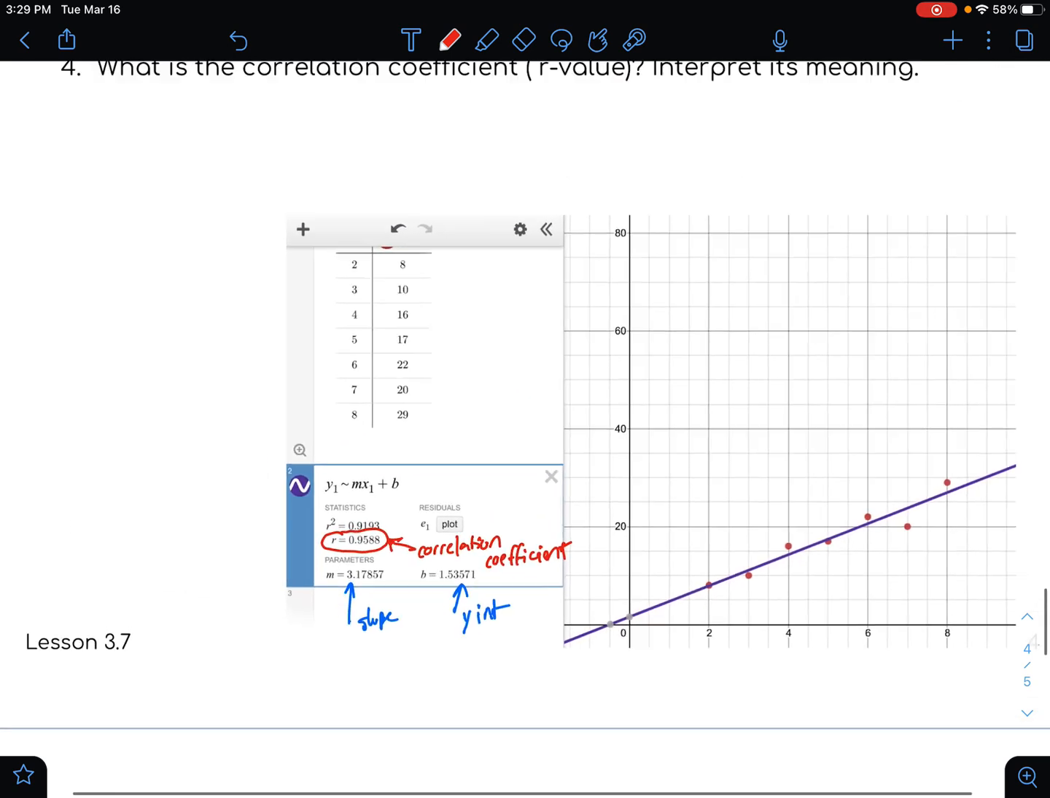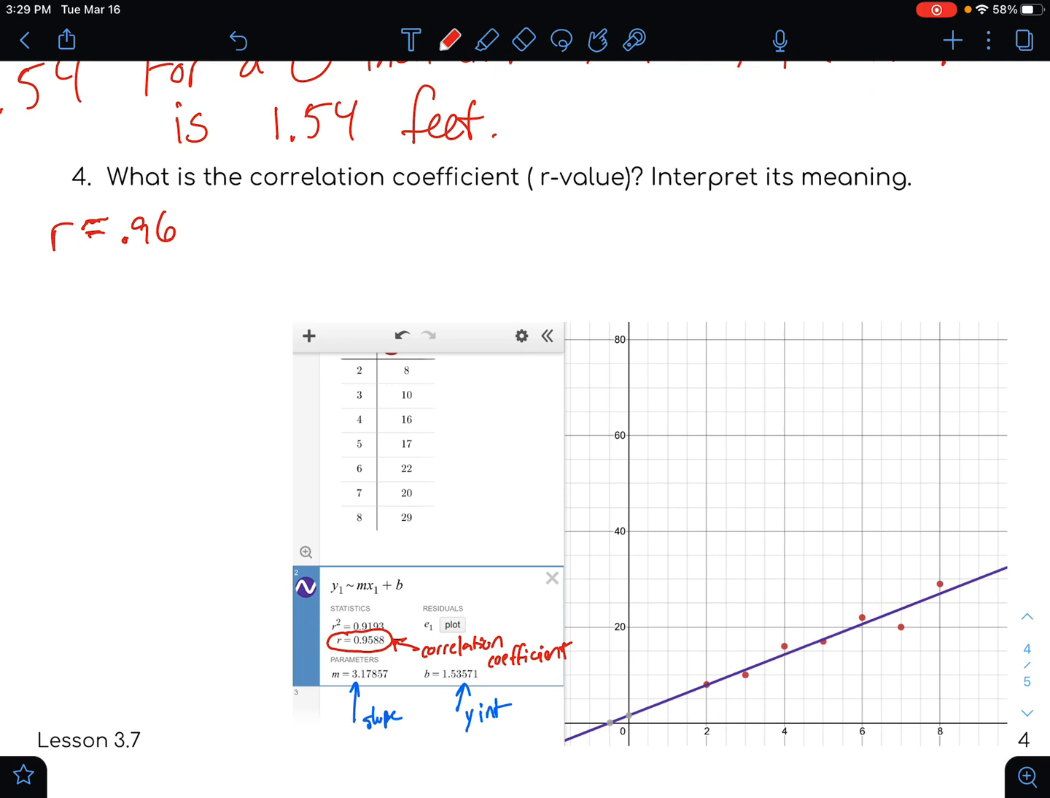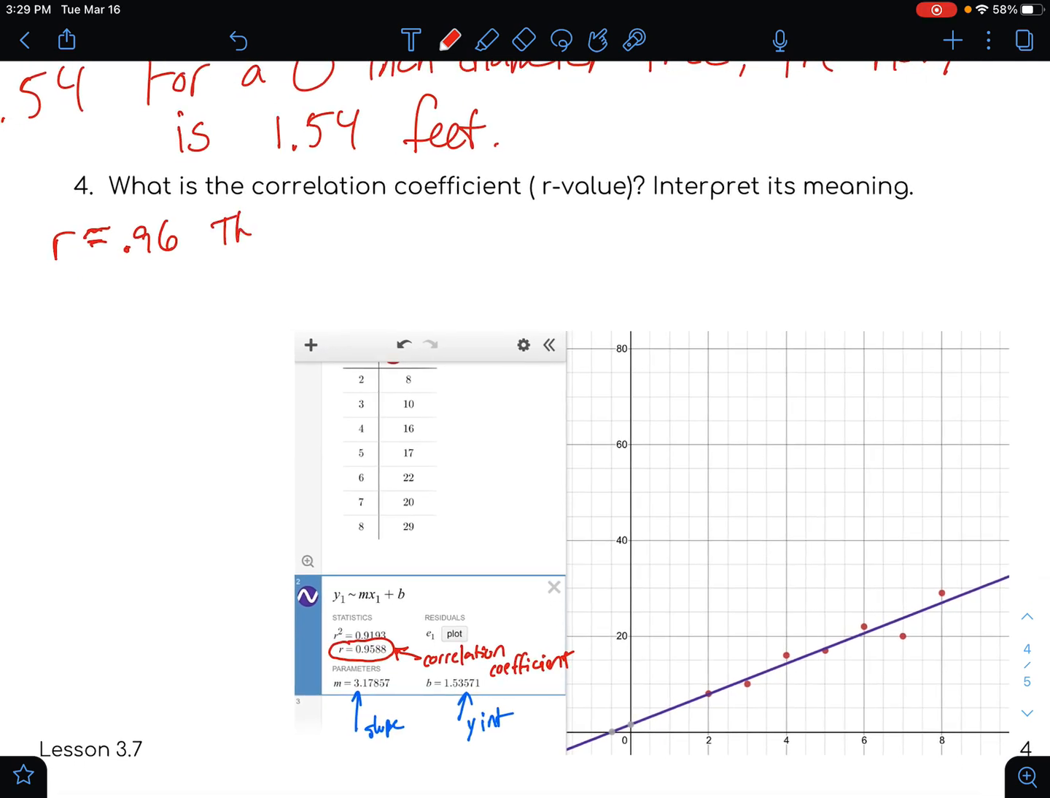Now that R value is about 0.96. So that means that there's a strong positive correlation. That's really close to positive 1, meaning the points are pretty close to the line. There is a strong positive correlation because it's close to positive 1. Remember, the correlation coefficient goes between -1 and positive 1. The closer it is to either -1 or positive 1, the more linear it is. This is close to positive 1. So it's positive correlation